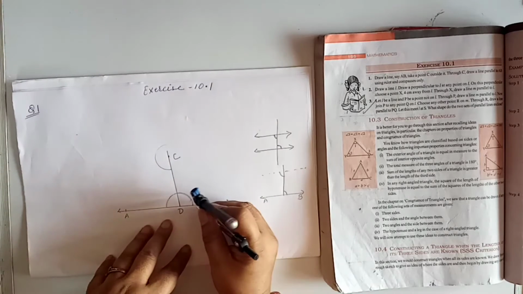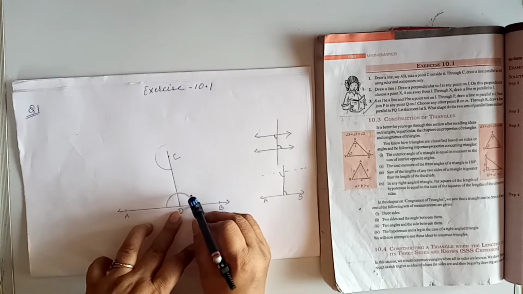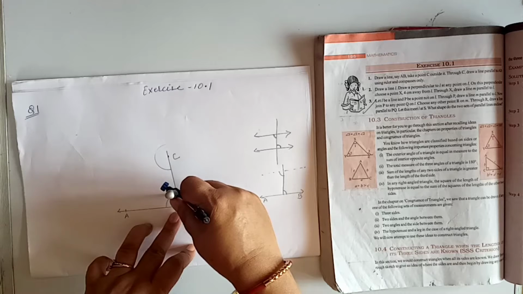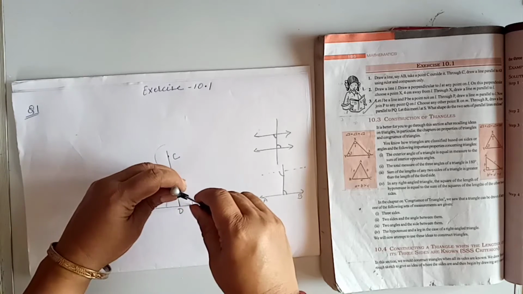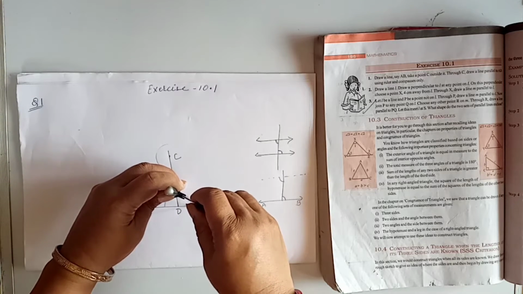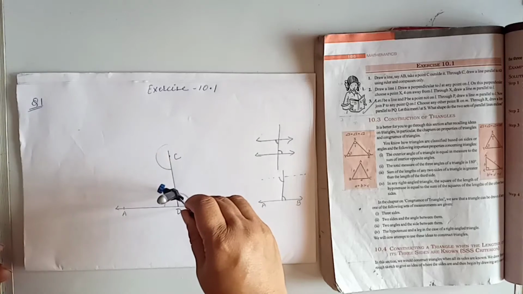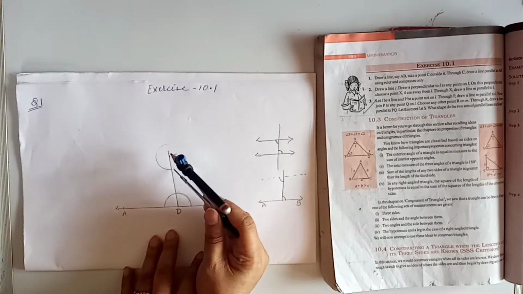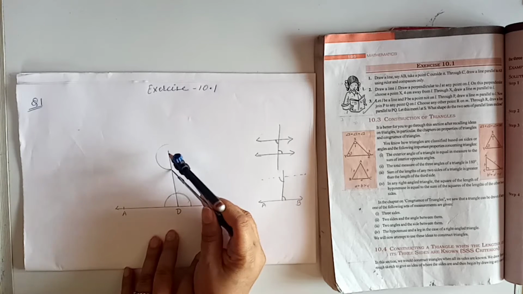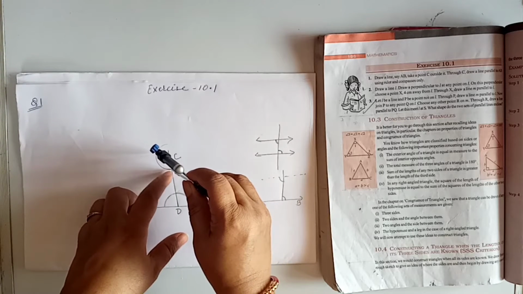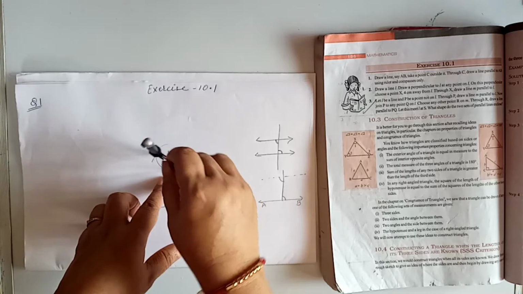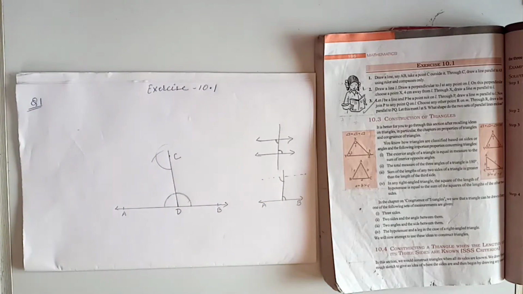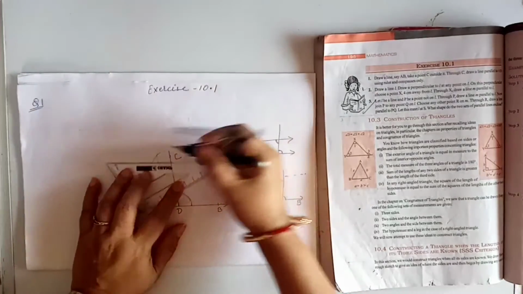Now I will measure this arc from this point to this point. I have done the measurement. You have to measure this. Now don't disturb this measurement. Keep your rounder at the point where it intersects, and cut the arc. Okay, so now from this point of intersection,